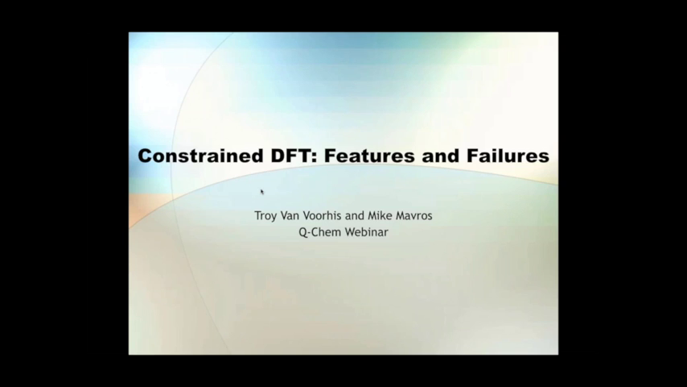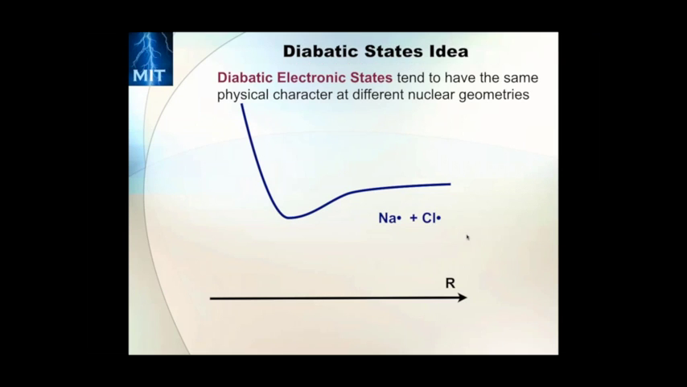So first things first, what would constrained DFT be good for? A lot of constrained DFT's usage is driven by the idea of a diabatic state. Diabatic states are, generically speaking, states that have the same physical character at different nuclear